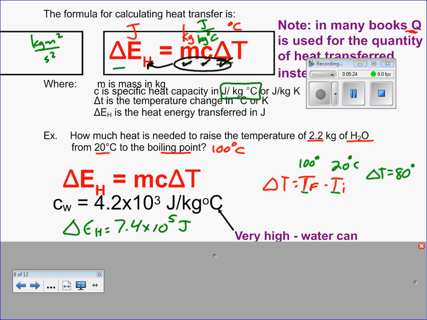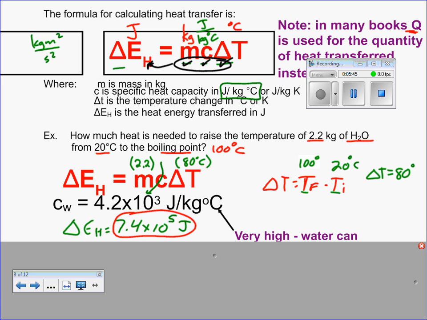When you calculate it, you're going to multiply those three values. So you're going to have a mass of 2.2 kilograms. You're going to have a change in temperature of 80 degrees Celsius. And then you're going to have a heat capacity of 4.2 times 10 to the 3, or 4,200. When you multiply those together, you get